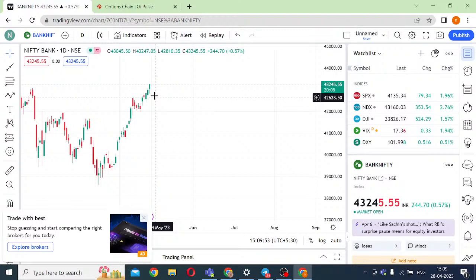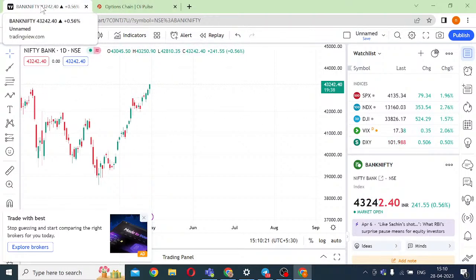Typically, I always look at the buying in the last hour, which is considered very good. Generally, breakouts which happen after 2:20 are supposed to be very good for the markets, and your premiums typically move very fast. I know today is Friday, but people who would have taken a CE around the breakout would have made fantastic money. Look at Ipca Labs also.